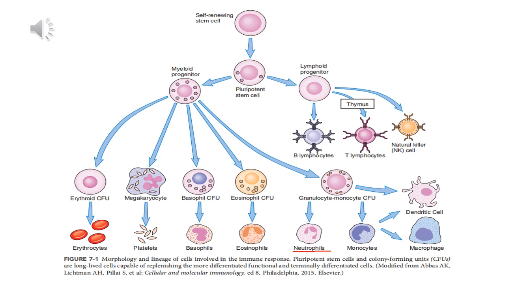Polymorphonuclear leukocytes, neutrophils, are short-lived cells that constitute 50% to 70% of circulating white blood cells, and are a primary phagocytic defense against bacterial infection and a major component of the inflammatory response. Neutrophils are 9 to 14 µm in diameter, lack mitochondria, have a granulated cytoplasm in which granules stain with both acidic and basic stains, and have a multilobed nucleus.